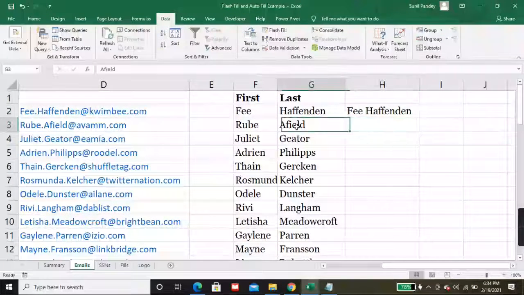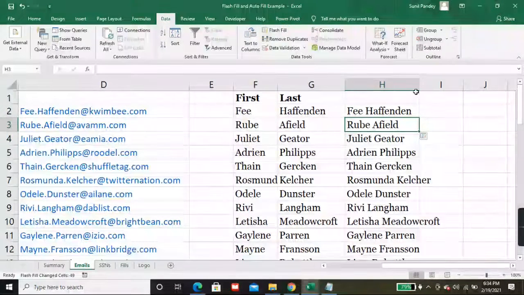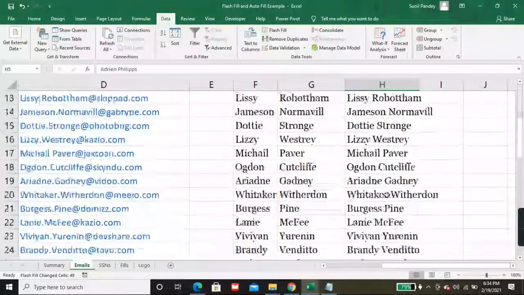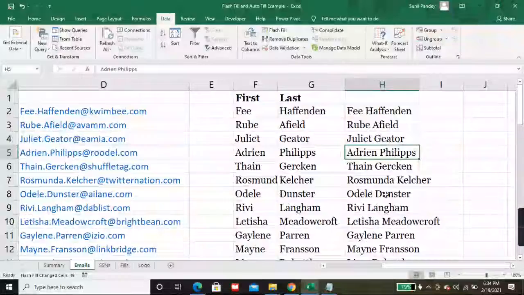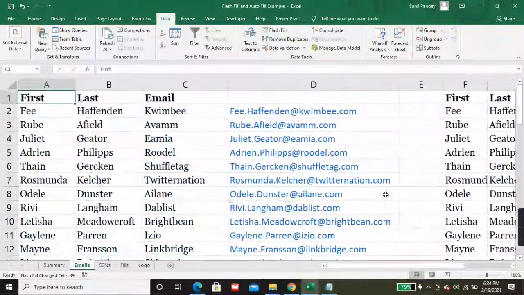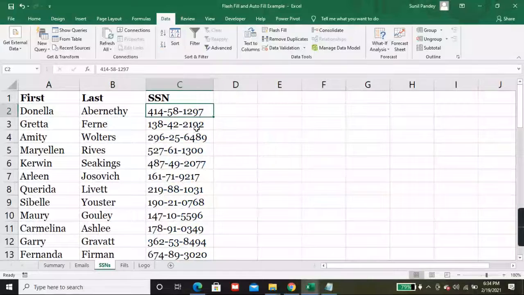You may know the formulas CONCATENATE and TEXTJOIN, but if you don't want to use a formula, you just type in one cell and click on flash fill. See the magic. Just click that and your data is ready. This is very powerful. Now we will see the next example.